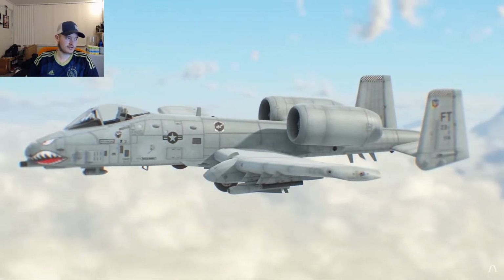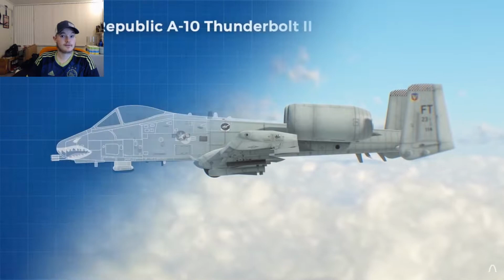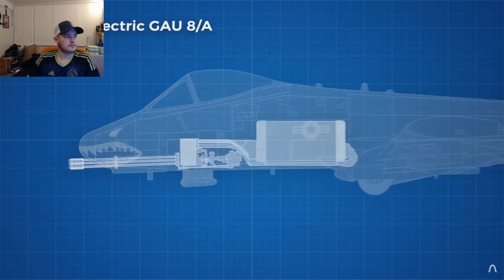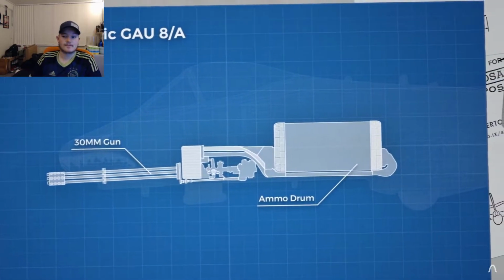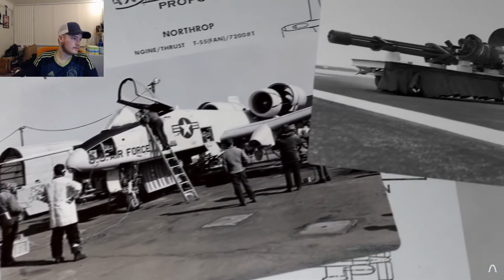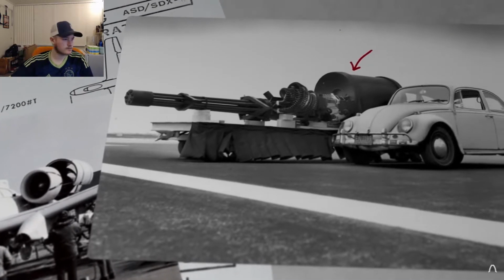Contractors bidding for the manufacturing contract needed to consider all of these factors and design the entire plane around the primary armament, which was chosen before the design process started. The General Electric GAU-8A, a gun whose sound is so recognizable it has become a meme. The gun takes up a significant portion of the plane's internal volume, at nearly 6 meters long, fitting snugly below the pilot. The largest part of the gun is the